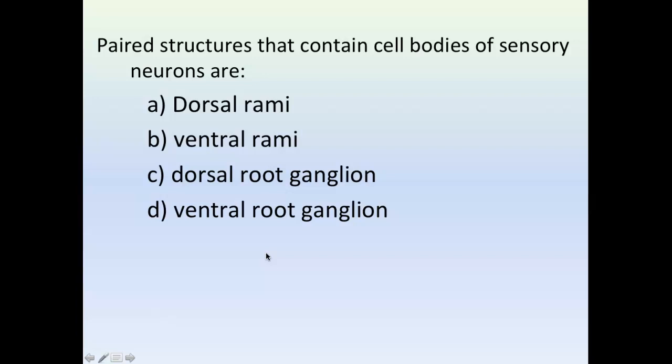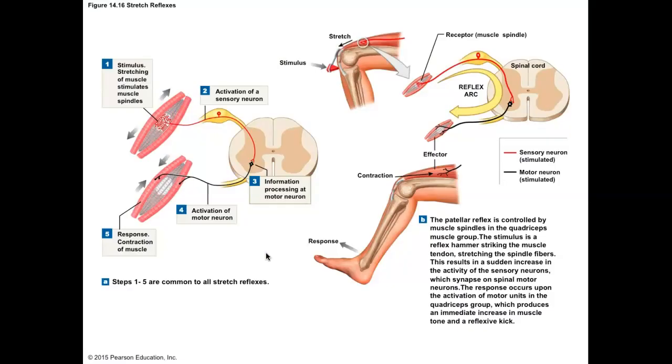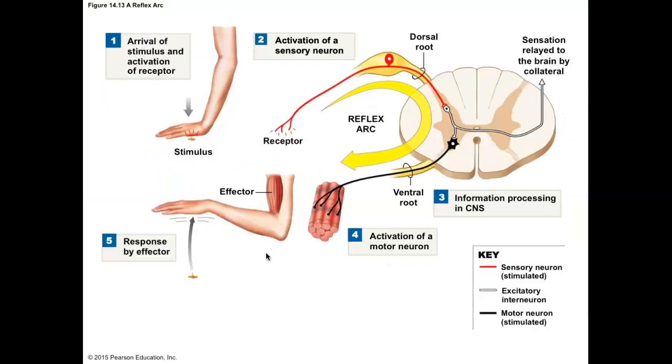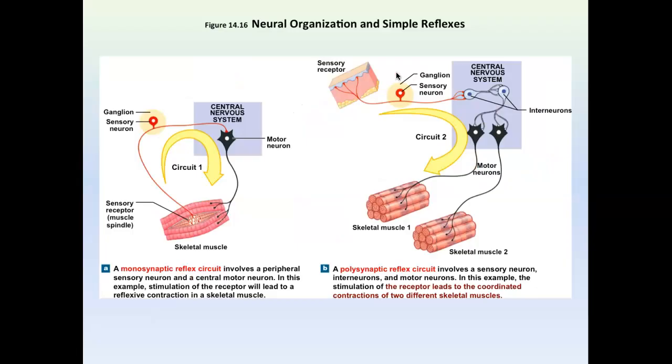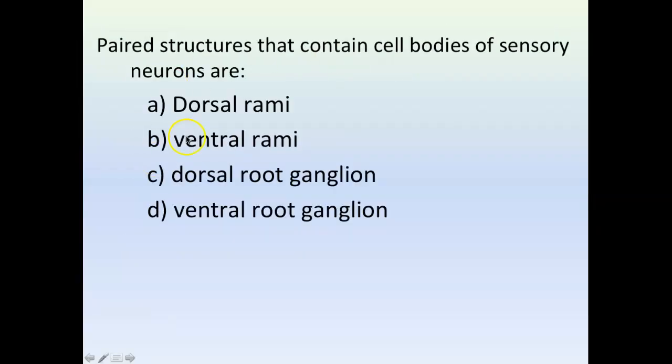The next one is paired structures that contain cell bodies of sensory neurons are. So what is it that contains the cell bodies of sensory neurons? Let's look at the picture. Maybe you answered it already. But let's look at this. This is a very simple picture. So here's our sensory neuron in red. We have some receptor on the end, comes in. Oh, there's our body. What is this structure called? That's called the dorsal root ganglion. Okay, so the answer here is letter C, the